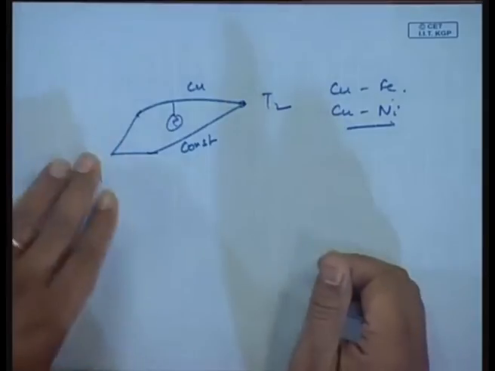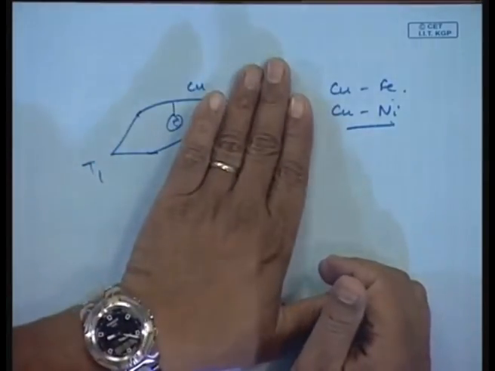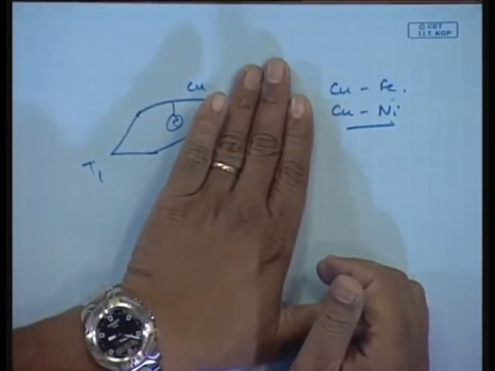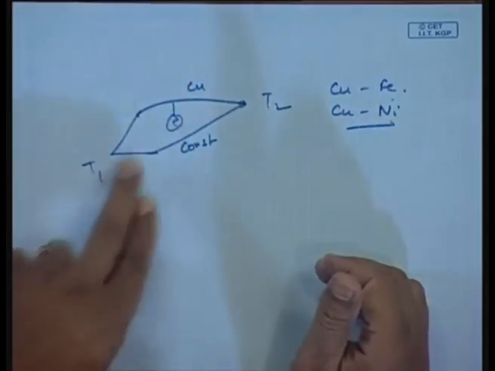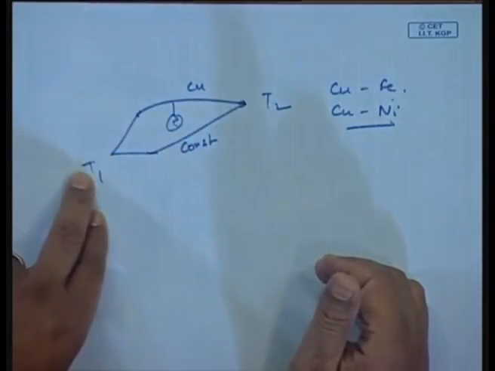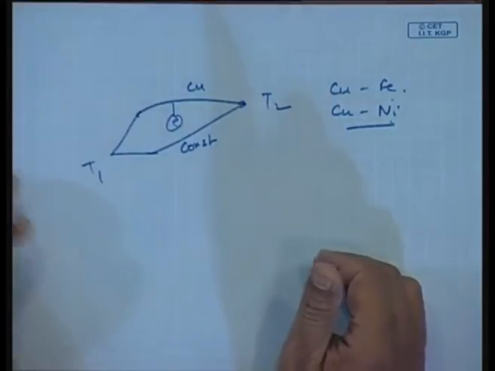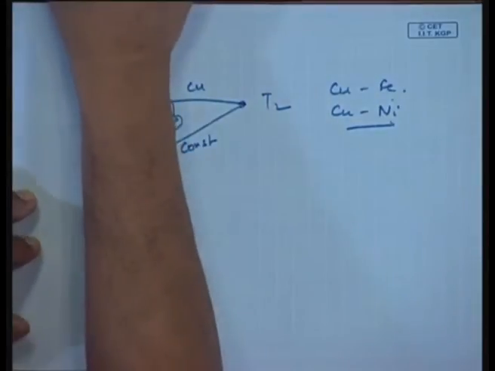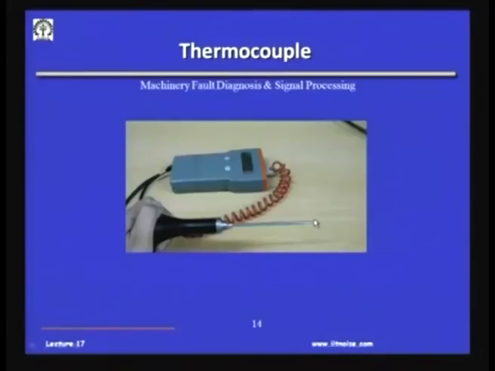There are many ways of looking at it. I can have an electronic compensation for this reference temperature, and then I will get a voltage corresponding to the properties, and this could be calibrated to display the temperatures. This is just one end, because in a thermocouple I need two ends. Where is the other end? It could be an ice bath or a boiling point bath, but all I need is just the reference voltage.